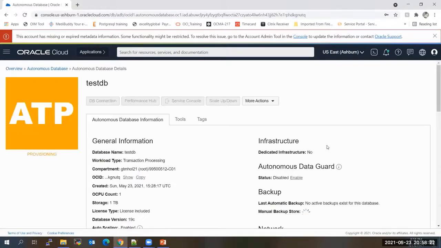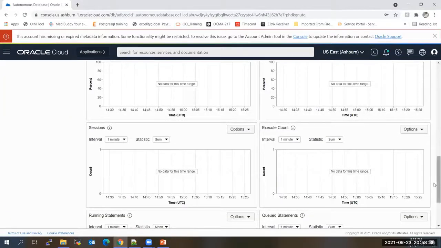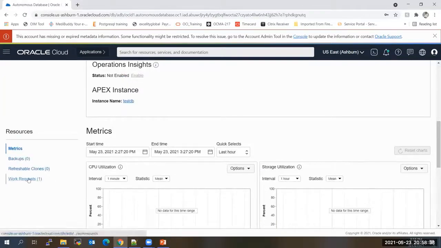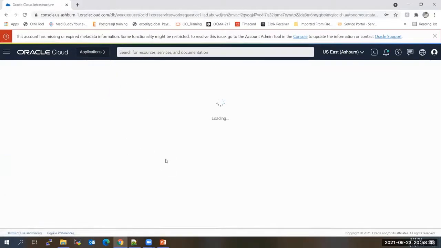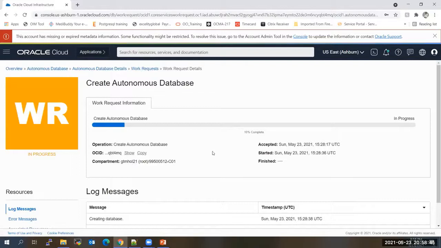When it is creating, the status will be shown as provisioning. Once the database is created, it will show the status as available. You can see the status of the database creation from here. On the same page, you have work requests. If you click on this request, it will show you the status, how much percentage is completed.